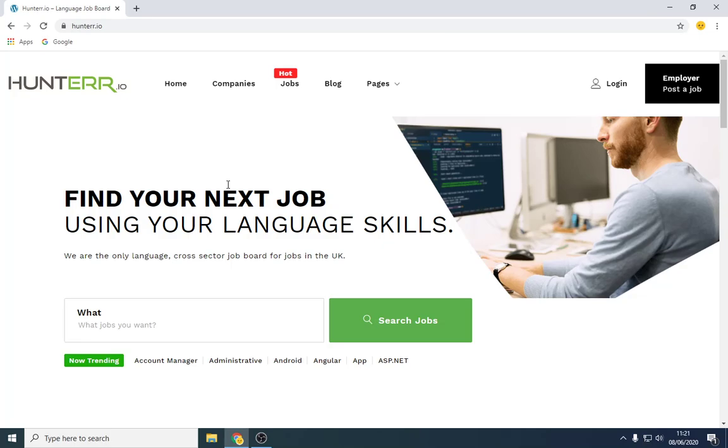So even if you're recruiting for any type of position, pretty much, you can post your job on here. Now, you can post for free. It doesn't cost you anything, and you can get applicants for free. There's no other strings attached to it anyway. I'm going to run it as a free job board to help people out rather than trying to make money from it. So it's going to be something I'm going to be doing on the side.